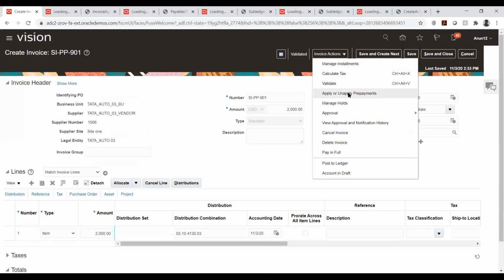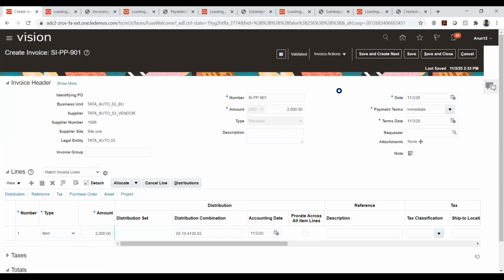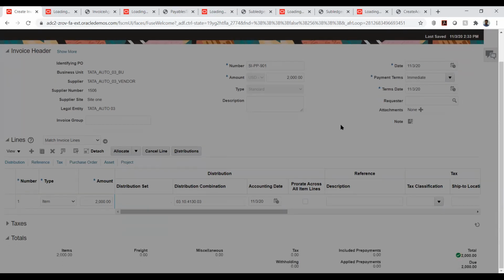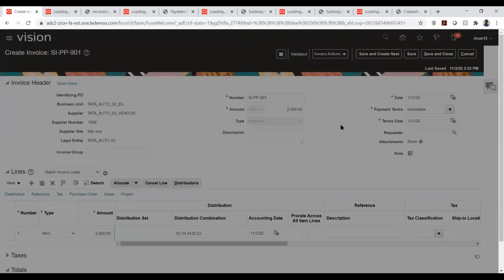So I'll just click apply or unapply prepayment. Yeah, this is the error that we saw the other day, I think. It does nothing there.